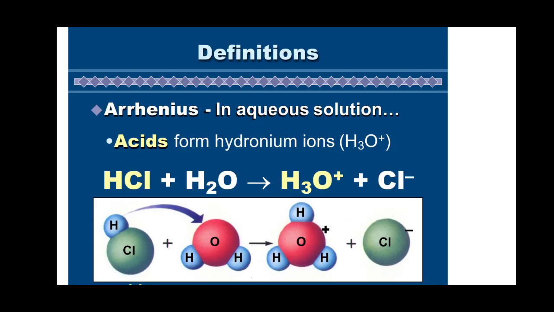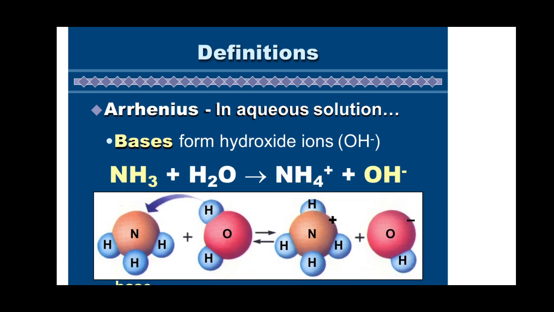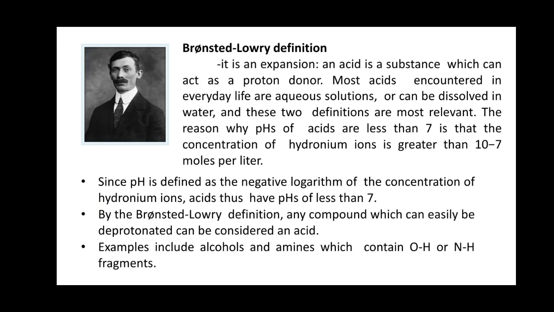In the Arrhenius definition, in aqueous solution, acids form hydronium ions and bases form hydroxide ions, that is OH minus. When NH3, that is a base, reacts with water, it releases NH4 plus and hydroxide ions. So next,